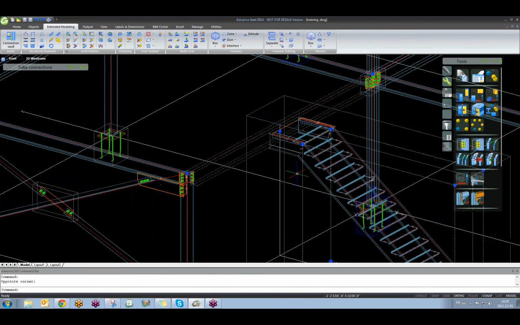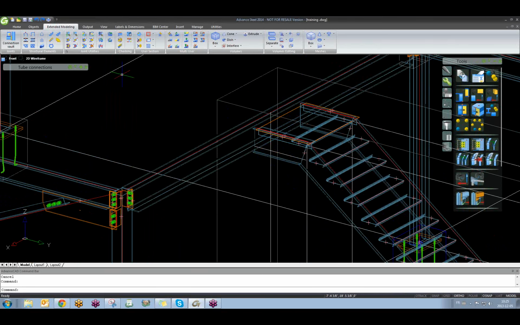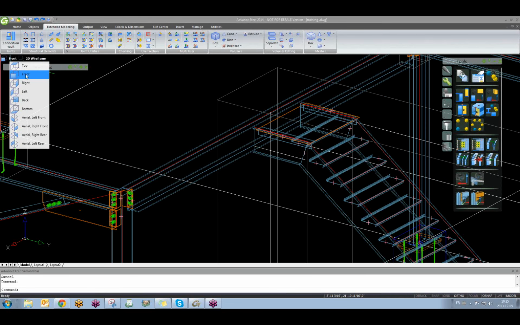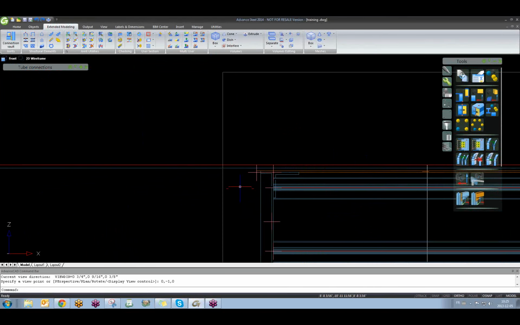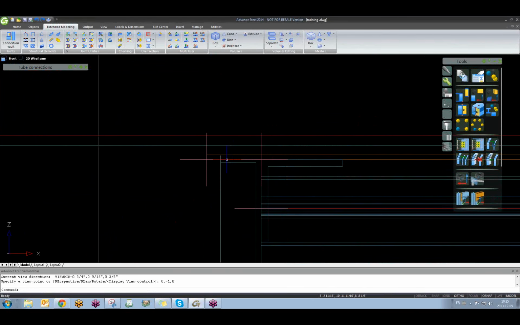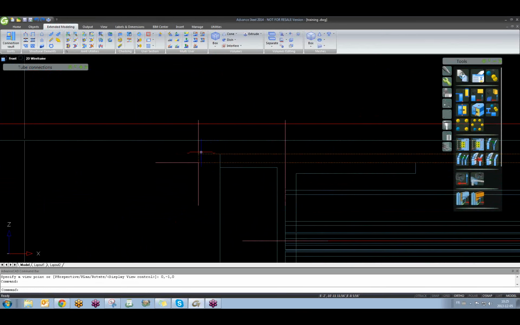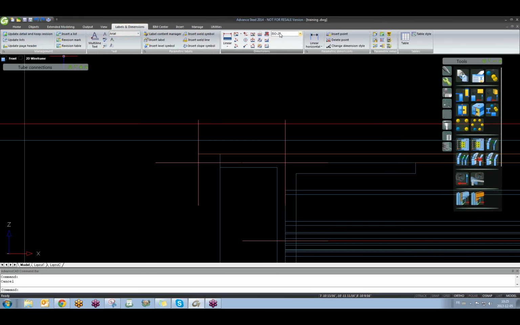The stairs I do, you really don't want that reveal on the landing. No, the stringer being higher than the nosing. Do you see the nosing is here, but the top of steel is here? Right. So if I go under label and dimensions,